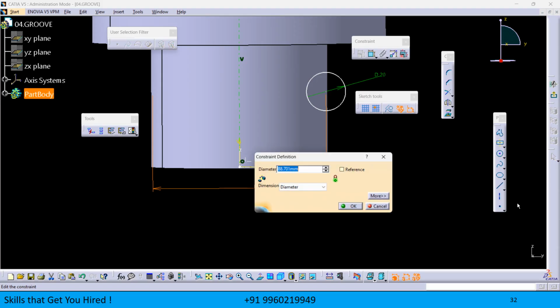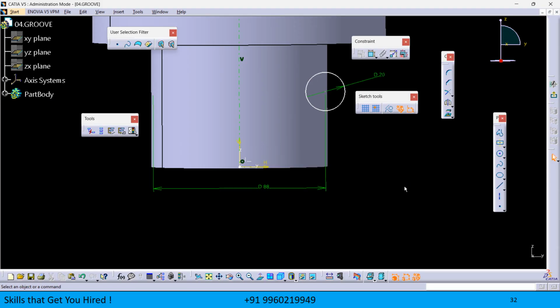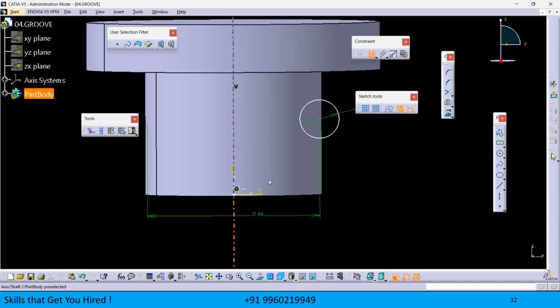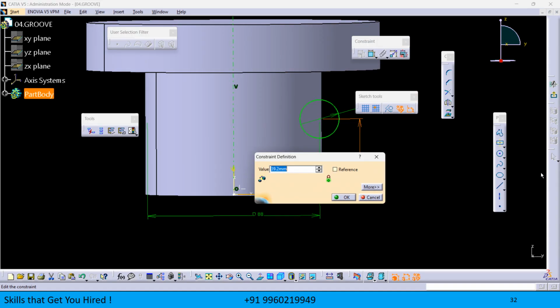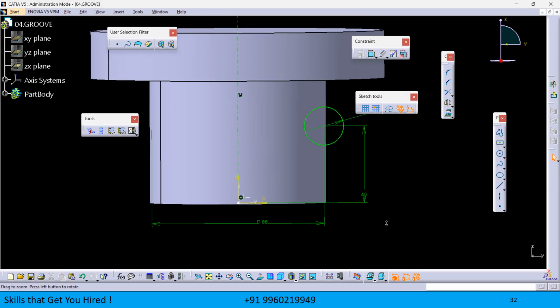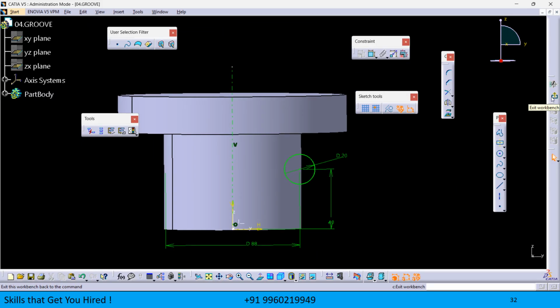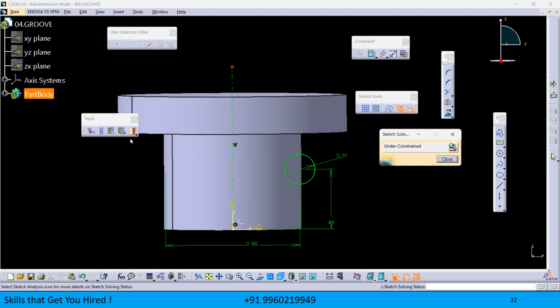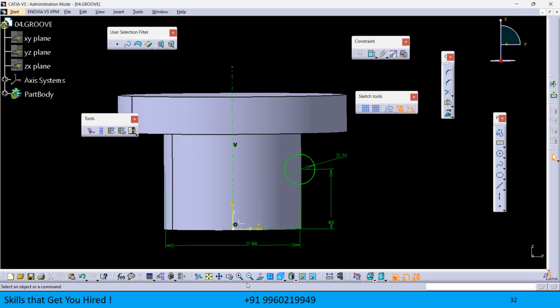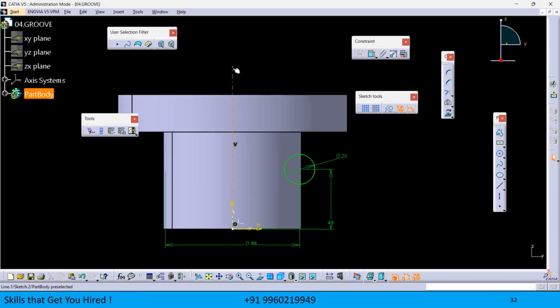That diameter I'm considering here 88, and then location of this groove from this horizontal reference I'm considering here 40, and then you define the groove profile in the sketch. You check the status, it should be ISO constraint. It's showing under constraint as we seen earlier. That is because of this construction center line axis constraint. So you define here coincidence